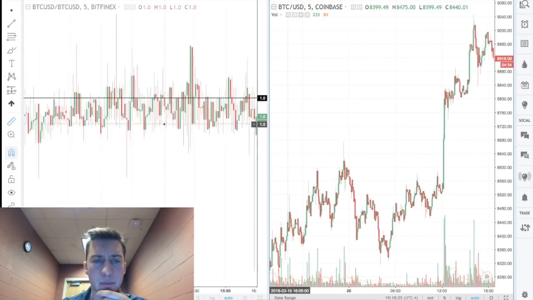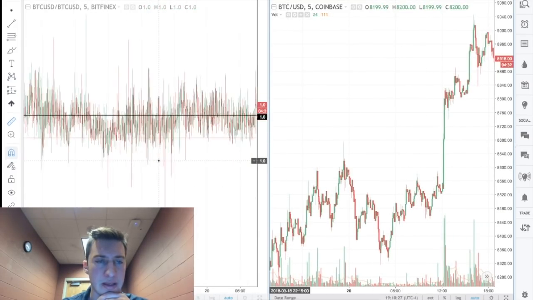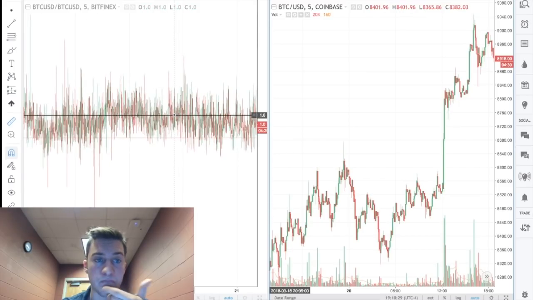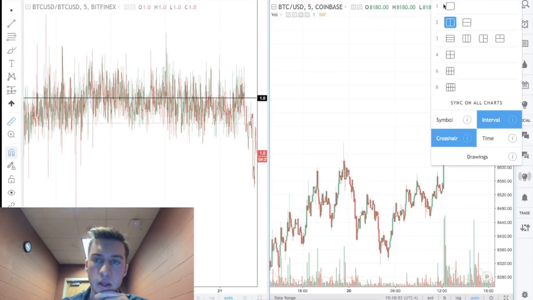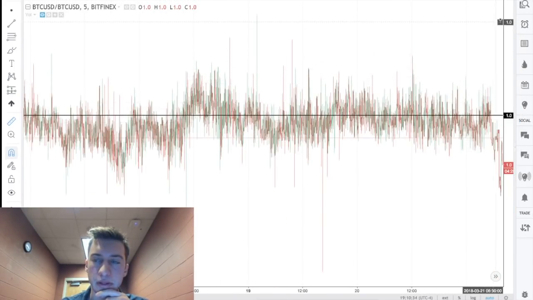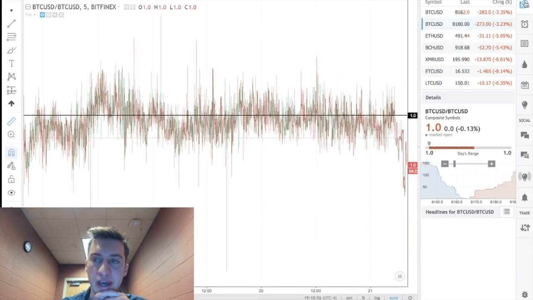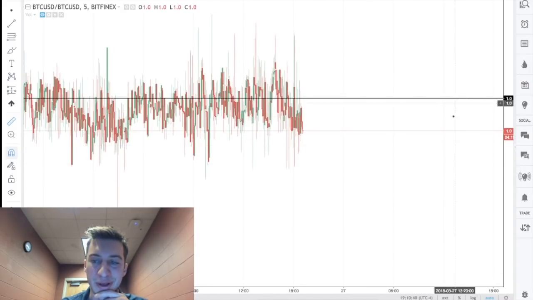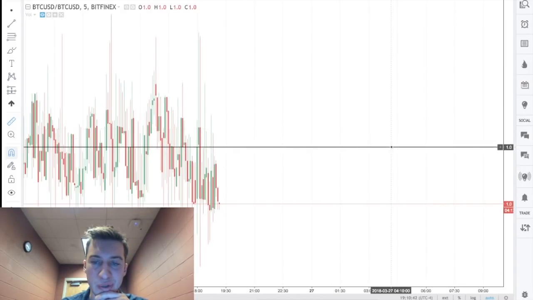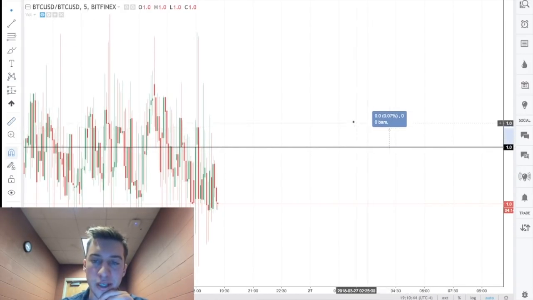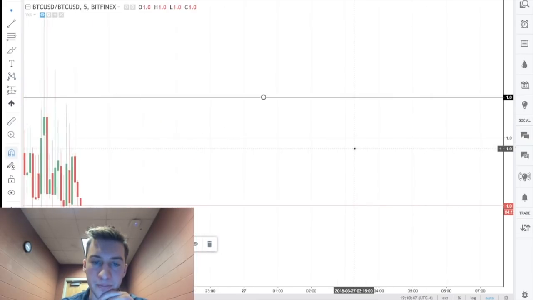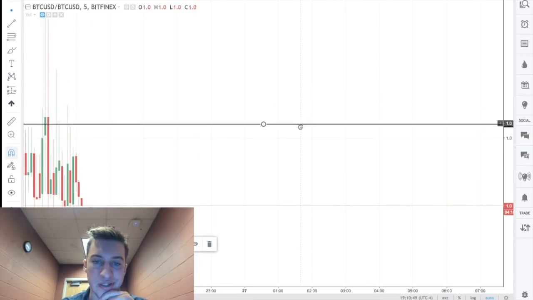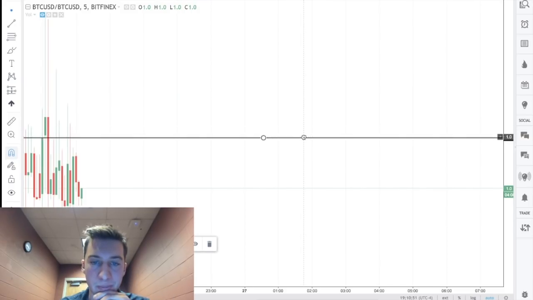But yeah, so that's just a more advanced way of looking at this, just one divided by the other. By looking at this, even though it looks kind of crazy, I would recommend putting a horizontal trend line at the very one-to-one. I know it all says one, but what you actually want to do is line up your horizontal trend line with that horizontal line on the grid, because that's the actual one-to-one ratio right there. Okay.